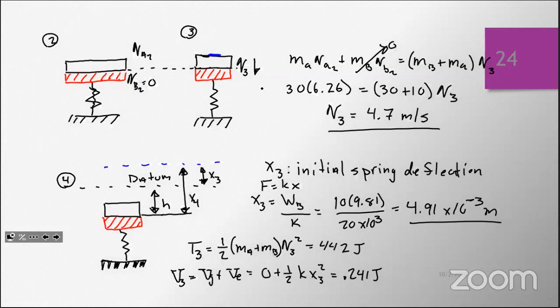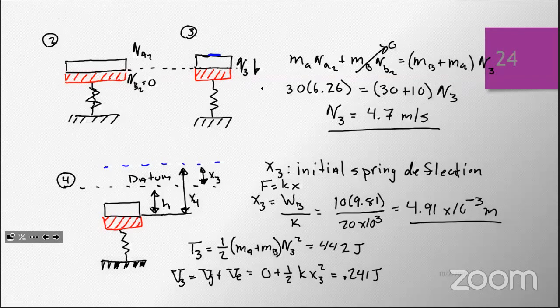So I can use conservation of momentum here. Why don't I have an impulsive force? Well, we talked about that. I don't have an impulsive force because they're canceling each other out. The force of the block hitting the scale is the same as the force of the scale hitting the block. They're equal and opposite. They're going to cancel, so we don't have to worry about that. We have conservation of momentum: MAVA2 plus MBVB2, but VB2 we know is 0 because it's right before impact. And that's going to equal the total combined mass of the crate and the scale times the velocity at 3,